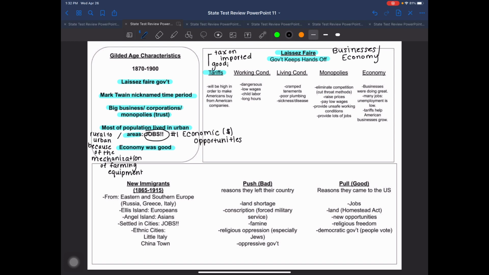And what this does is it makes foreign products more expensive. And you may be thinking, well, why in the world would we make products that we buy more expensive? So the purpose of a tariff is to actually encourage Americans to not buy those foreign products, but to buy the same product from an American company. And that's going to help American industry, and in return, that's going to help boost our economy. So that's what the purpose of a tariff is.